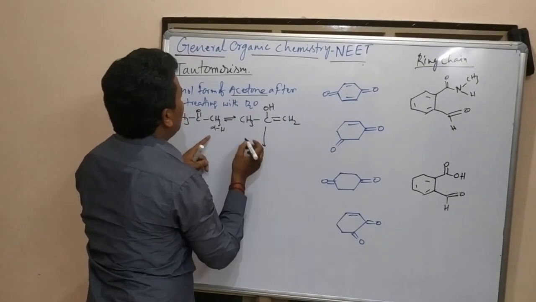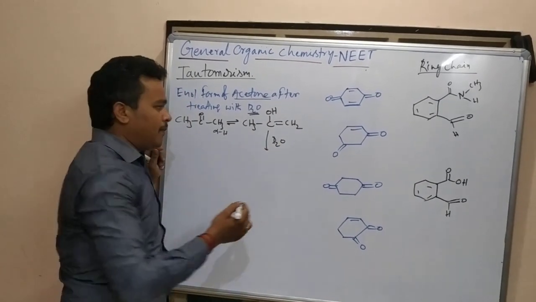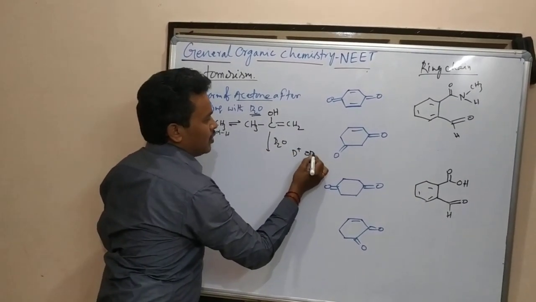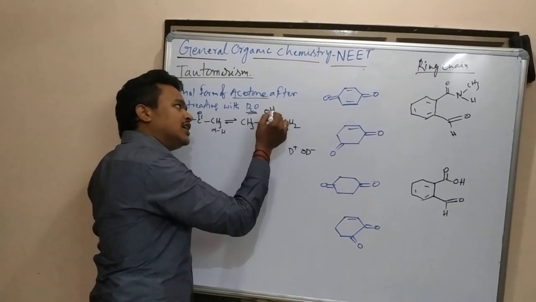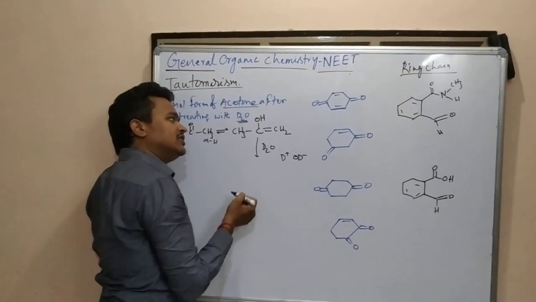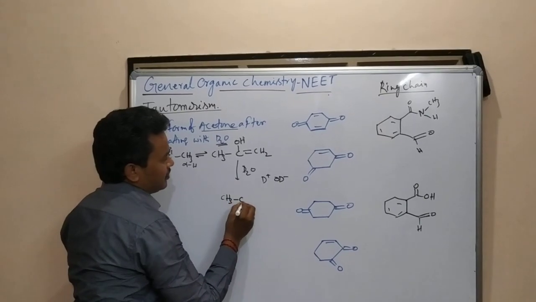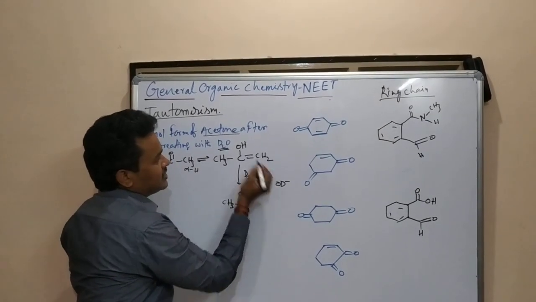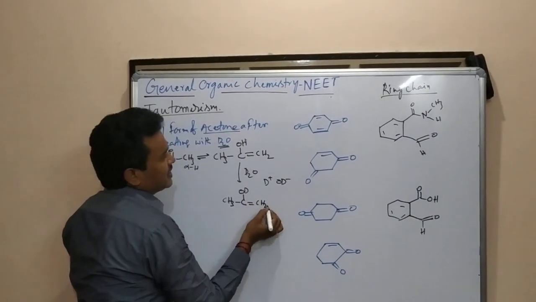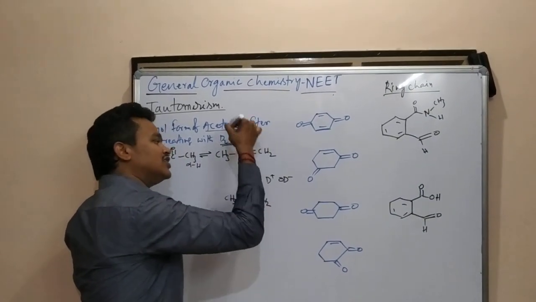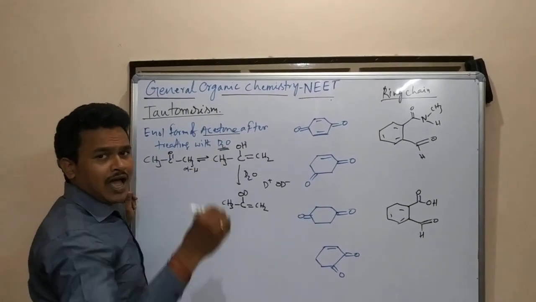Here, when you react with D2O, like water, D plus and OD minus, here D plus can replace this hydrogen. This is the acidic hydrogen. This can be replaced. What is forming here? CH3 C, and this H can be replaced with D. This is the product we are going to get because this is the acidic hydrogen. This hydrogen can come out, and in place of the H plus, the D plus can substitute.